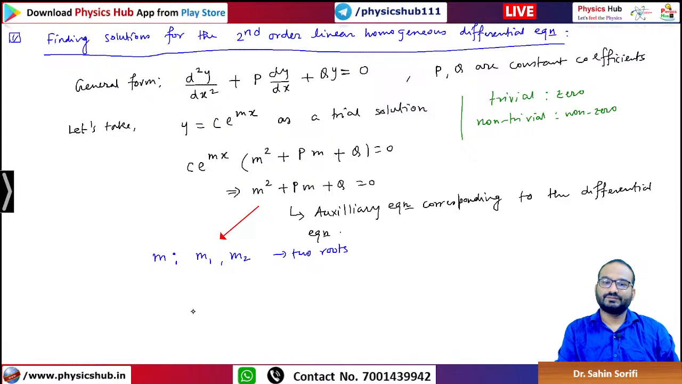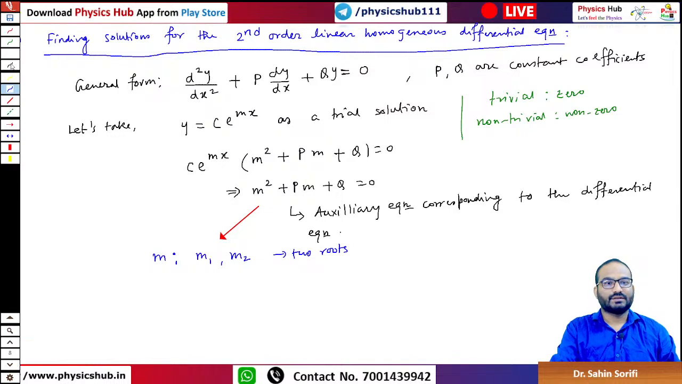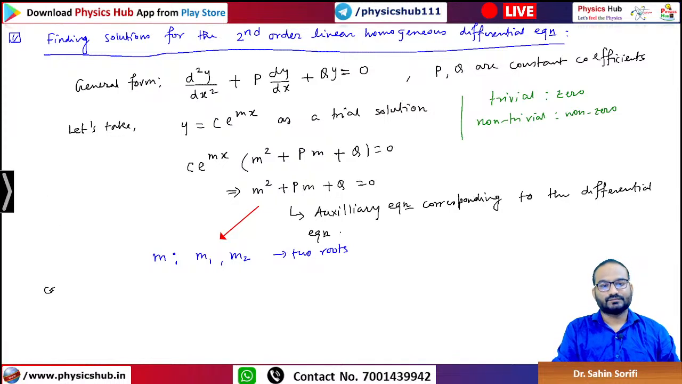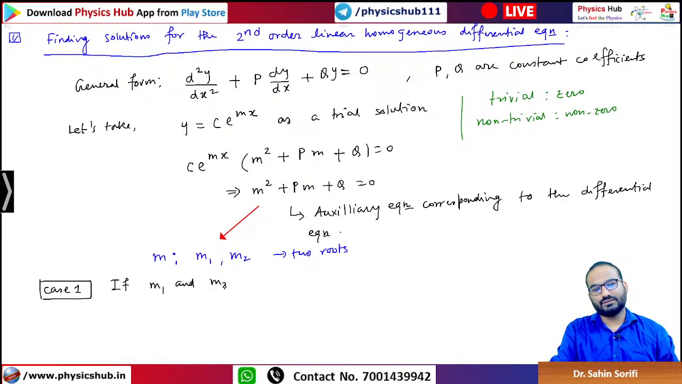The roots may be real, the roots may be imaginary, the 2 roots may be equal, unequal, many things can be there, and depending on that we will get roughly 3 different cases. The first case being when m1, m2 are different and real. If m1 and m2 are real and distinct, distinct means different, then